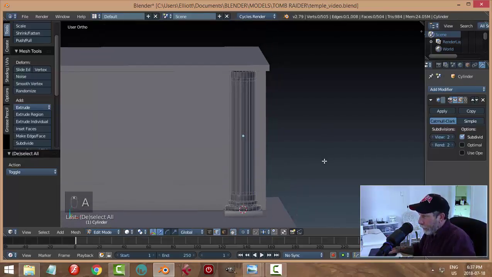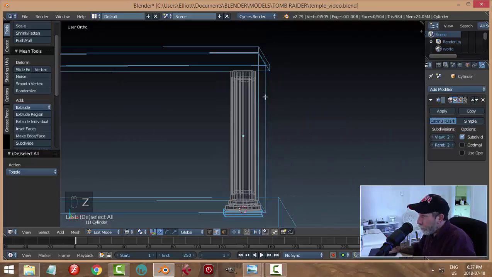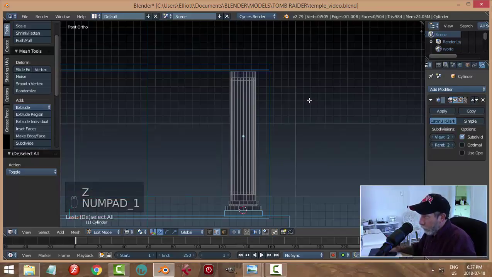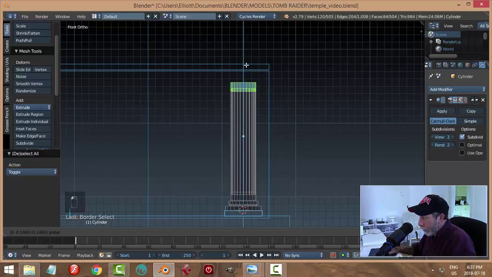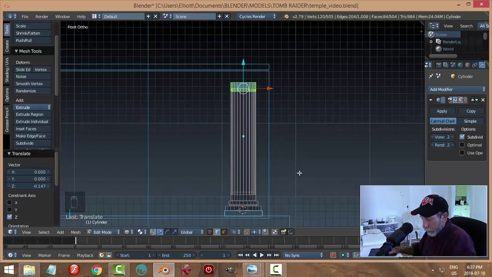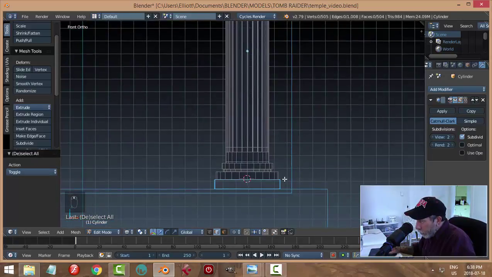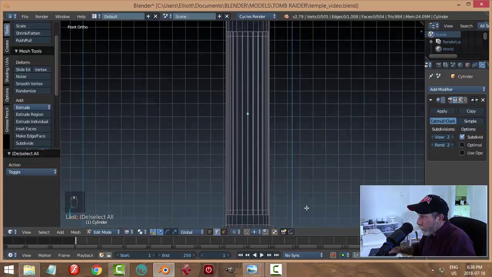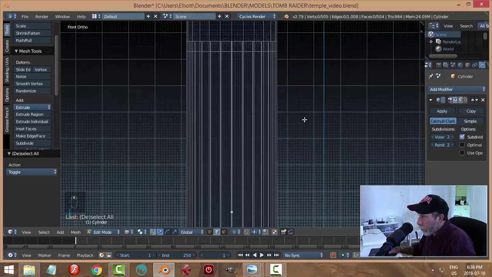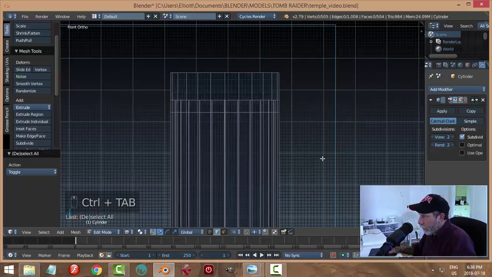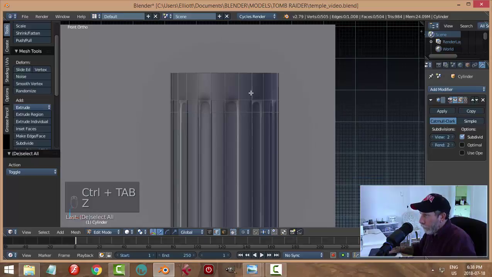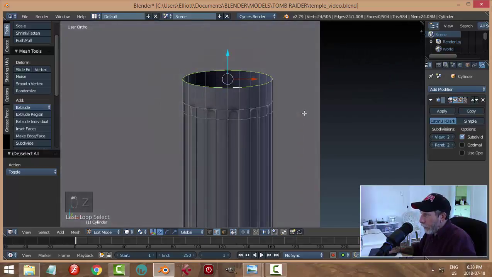Instead of that, I could go into wireframe, and then let's just look straight on. I could box select the top and just pull it down, and that doesn't mess up my rings. I could also, if I really like those rings, I was going to say I could copy them, but I don't want to do the same thing. So, all right, let's get out of wireframe, and let's Shift Alt and click that upper edge, and let's just